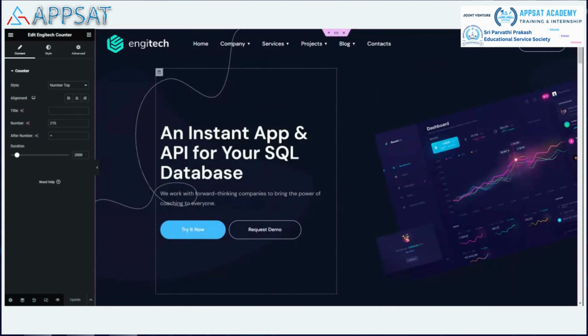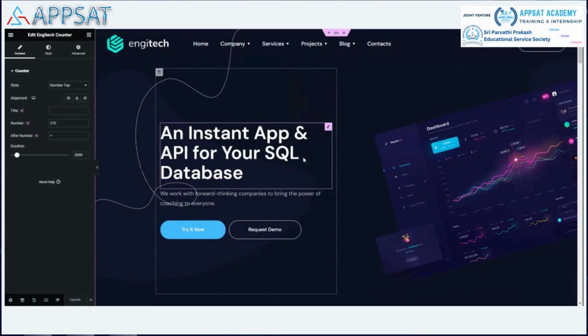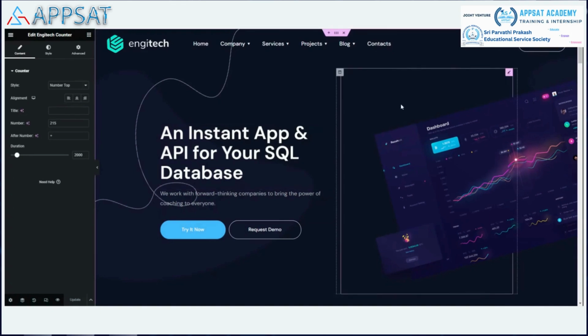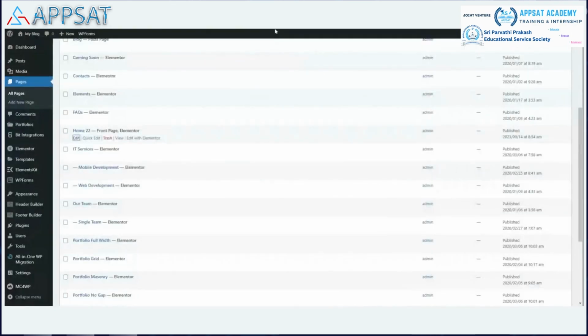So we will do one page on our own without importing any data. We will create one page. So how to edit the imported data? It's very simple. You need to check which one is required. We need to keep that one. If we don't require that one, you just remove it. That's it. That's how you need to configure the imported demo data to your actual site requirement. So that's what we have to do, and then now we will create one page on our own,